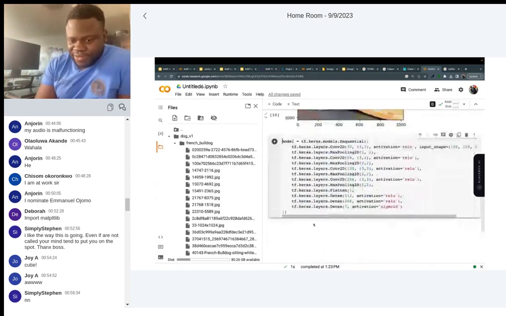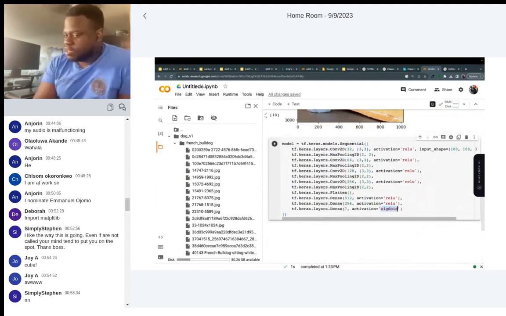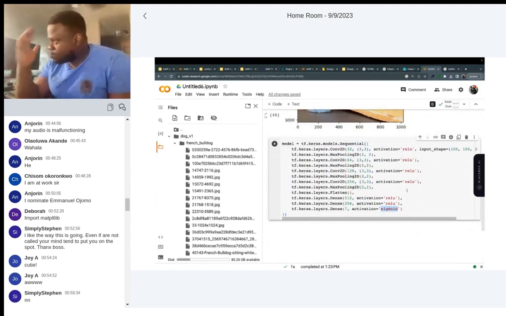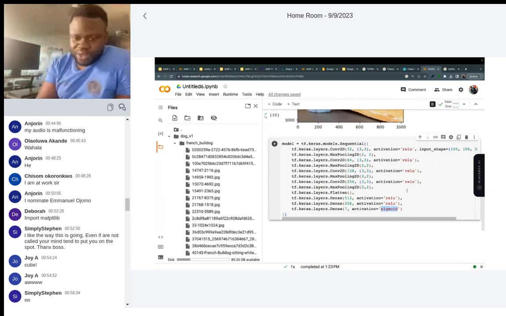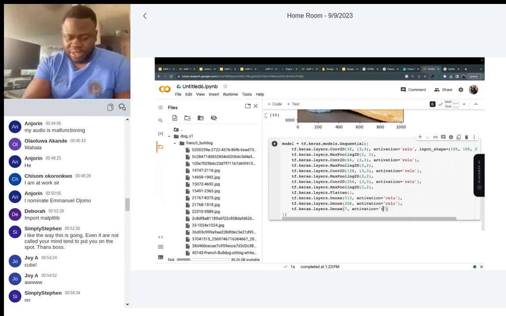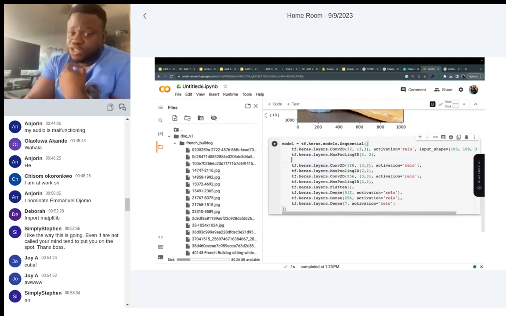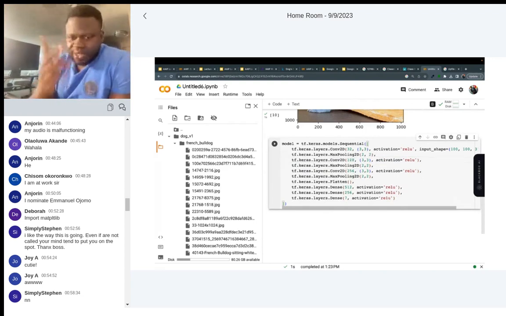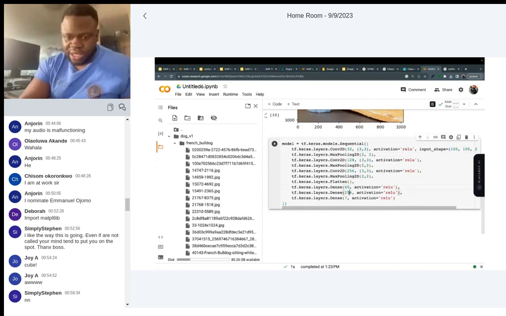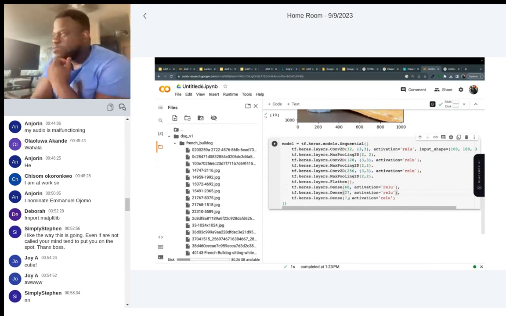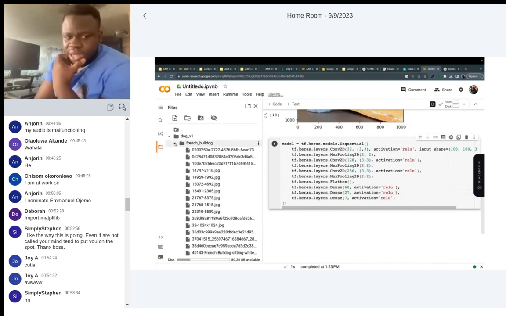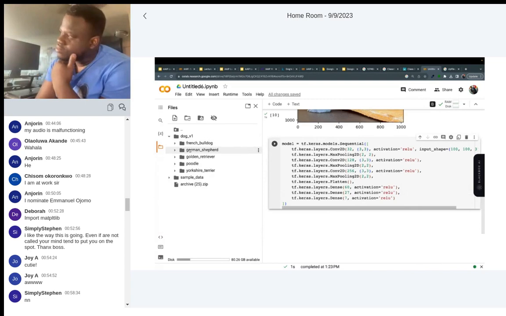First things first, we have done this. These are the activation layers. It can be ReLU, it can be Sigmoid, whatever we want it to be. For this one, let me change this to ReLU. Here, let me remove one convolution and max pooling layer, just to make it different and smaller. Let me change these numbers to 60 and 27. Now, the output of this model, what is it going to be? How many things am I classifying?